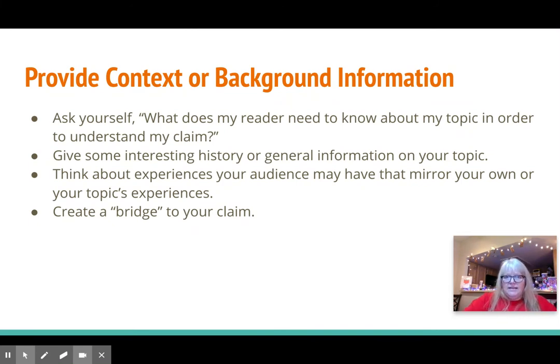If this is going to then go into your claim, and your claim, your thesis, is going to say that in this short story, the author uses certain literary devices, setting, conflict, character, to express the theme that